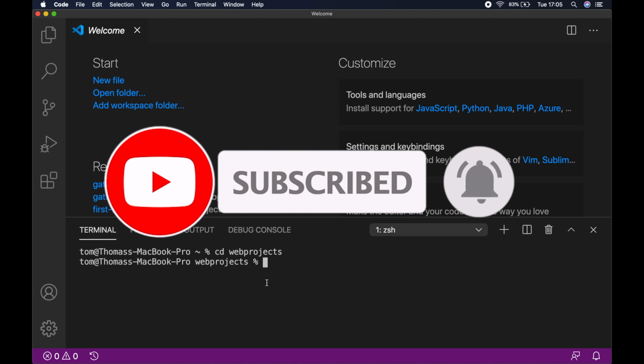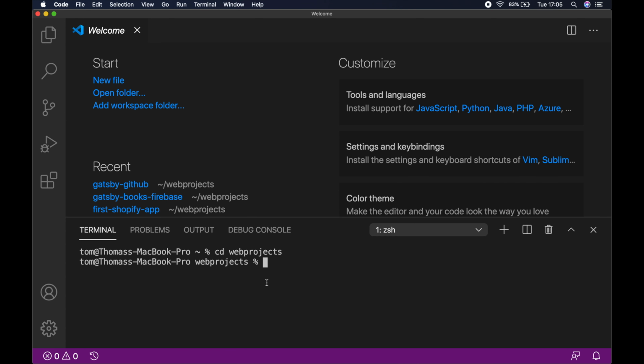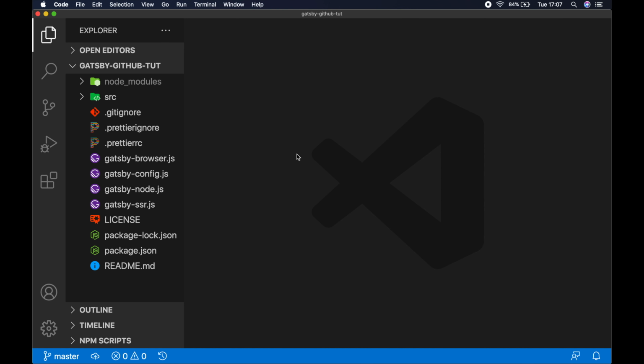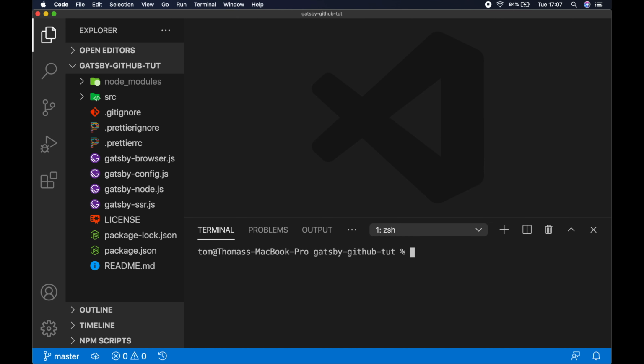So first things first, let's create a new bare bones Gatsby project with gatsby new, and I'm going to call it Gatsby-GitHub-tutorial. Then once that's finished running, go ahead and open up the project in your IDE, and let's open a new terminal window, and we want to install a package called gatsby-source-graphql. So let's go npm install